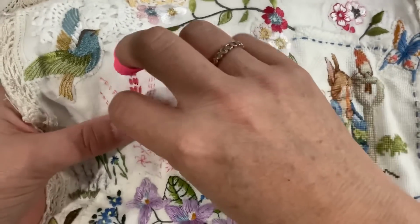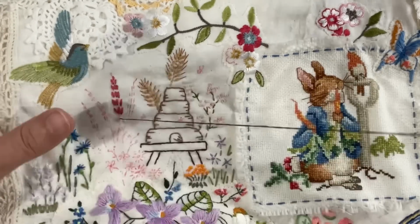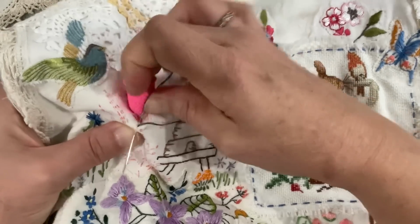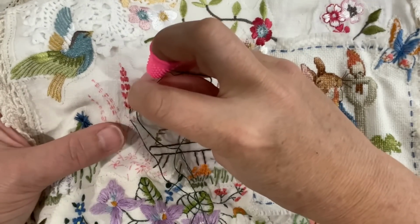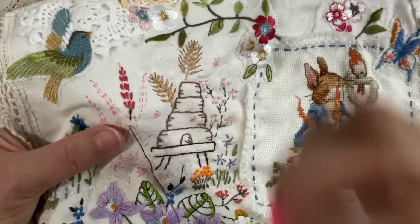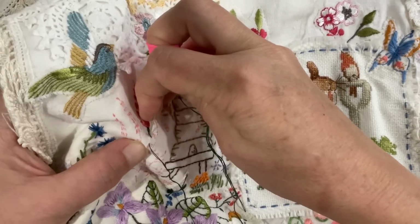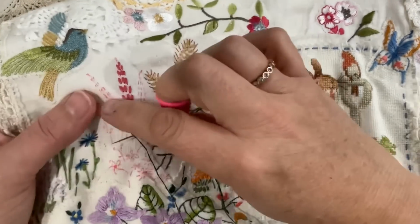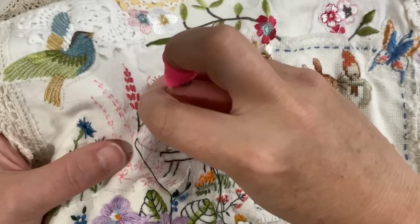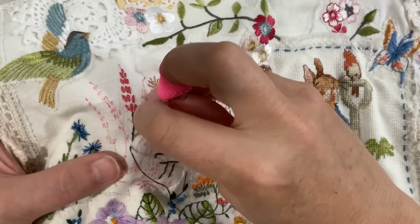So now we're just going to create the stem. Down we go. We'll try and get a proper stem stitch in this time. Or maybe a split stitch. That'd be all right, where I split the stitch as I go. No, we'll do stem. I like that wrapped, the rolled sort of look. Nice and easy. And then on the actual stems, there's like little itty bitty leaves. So I'm thinking